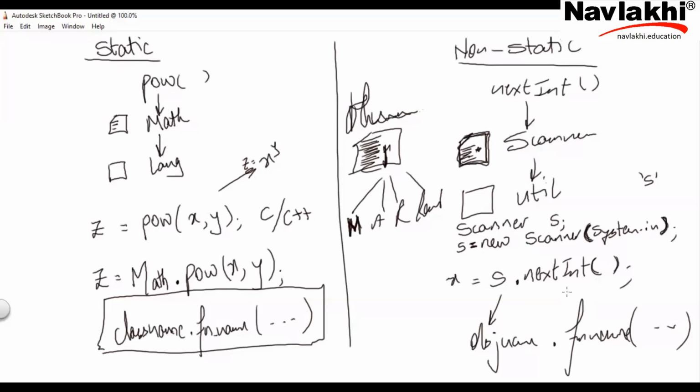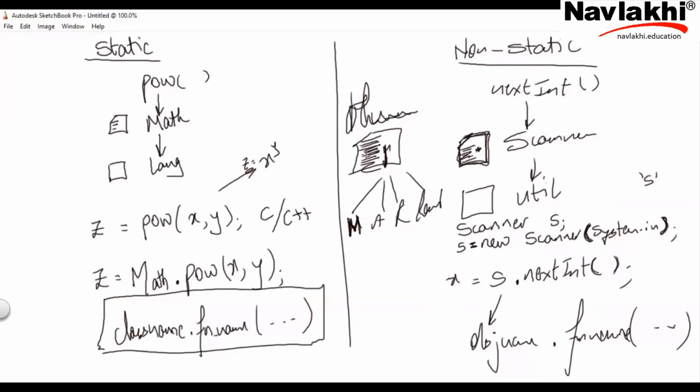Calling that non-static function. So until you know which class that function is in, how will the instance of that class be created? Think. So that's why you'll have to know which class the function is in, so that you can follow a two-step process to instantiate that class, or create a child of that class, or to create the manav of human, for example. And then using that object, you can access the non-static function.